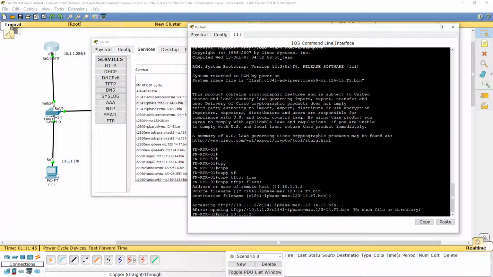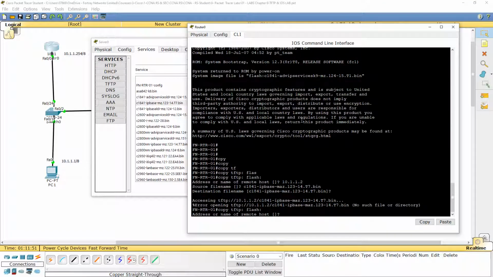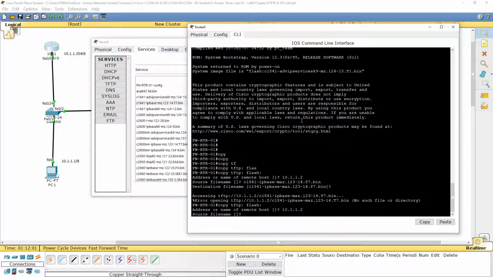Let me go to Flash. Okay. Host name. We can use the up arrow key. It should give you the IP address, or you type the IP address, and the file name. Let me see if I can copy. Paste and MZ. Done.